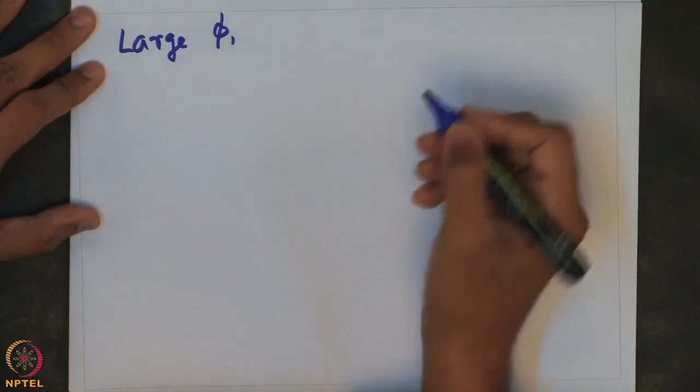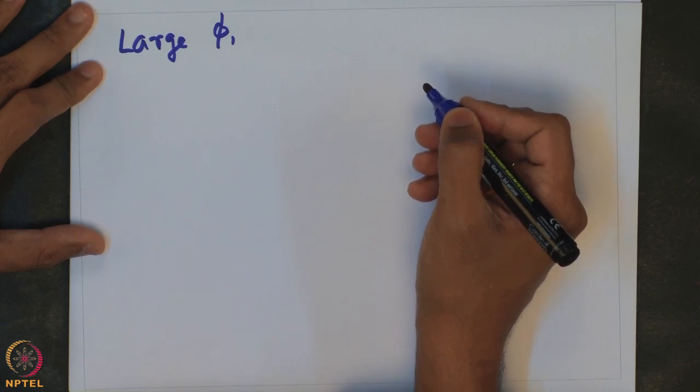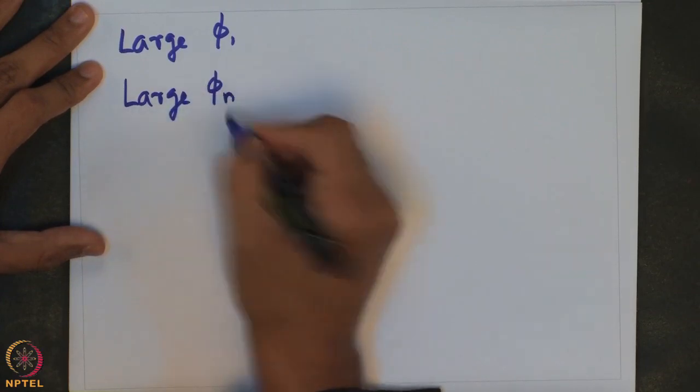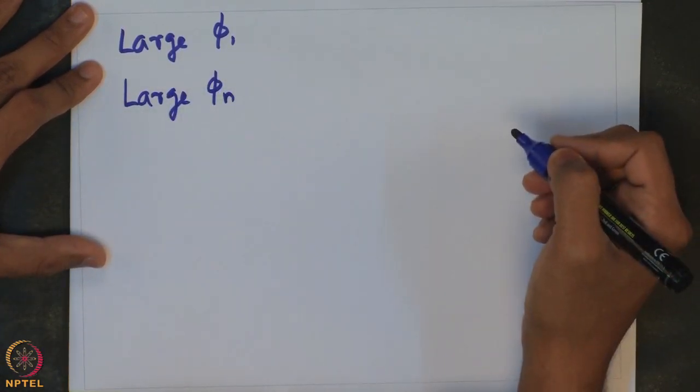And this actually offers very useful insight in terms of the way the catalyst can be designed. For instance, if the Thiele modulus is very large, for large Thiele modulus, if for some reason the system is operating under large Thiele modulus, or in general for an nth order reaction, then if one desires to coat the precious catalyst material on the support, let us say alumina or some other support, then